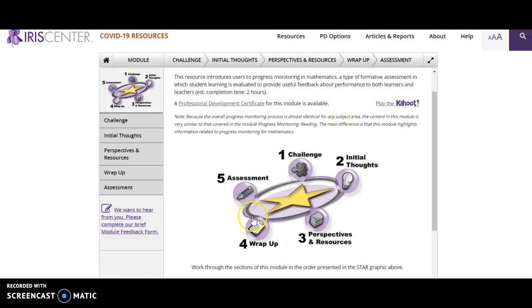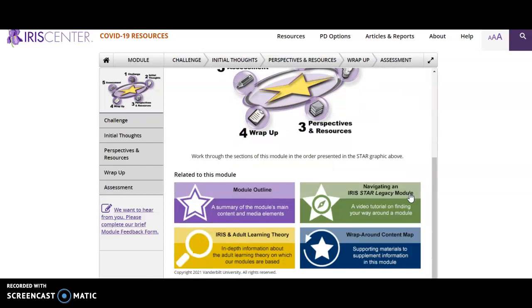So you'll just work through this. I know those of you who have taken classes with me before know how to do IRIS modules by now, so I don't think I need to do a video about IRIS modules. If you are confused about how to work through the module, just Google how to work through an IRIS module video, and you'll find it on there.